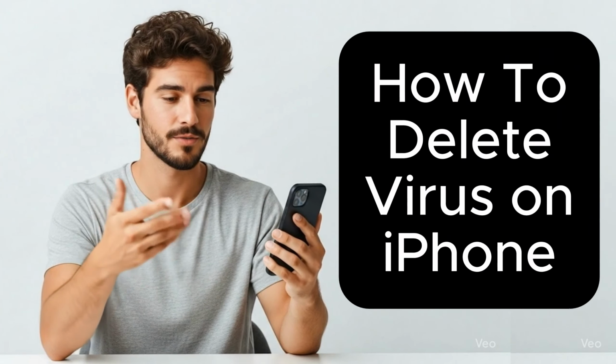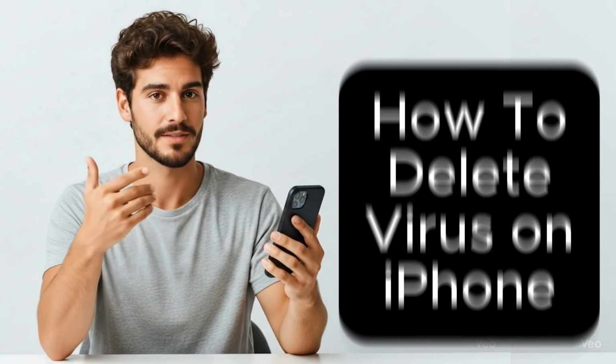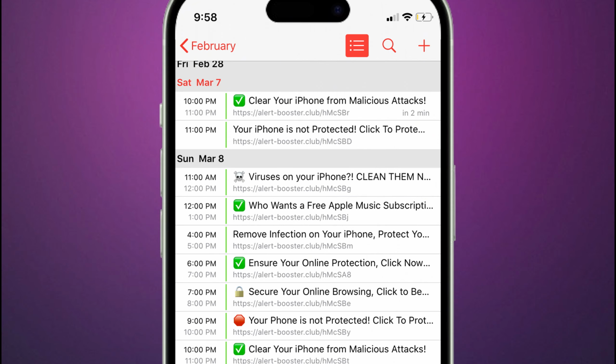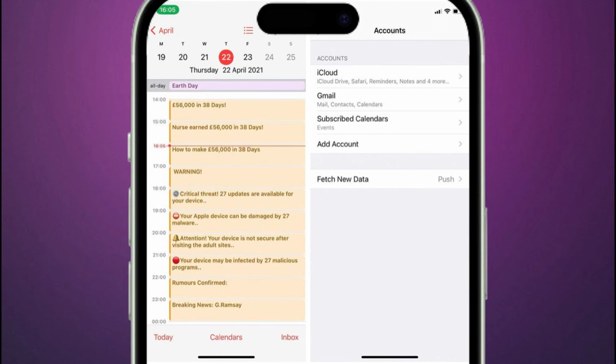I'll guide you through how to remove malware from an iPhone without performing a full factory reset. If you're looking to stop annoying calendar spam, or you want to remove a suspicious app that's draining your battery, and so you need to effectively remove malware from your iPhone, then this tutorial will walk you through the complete